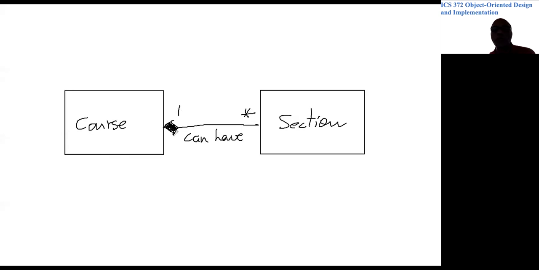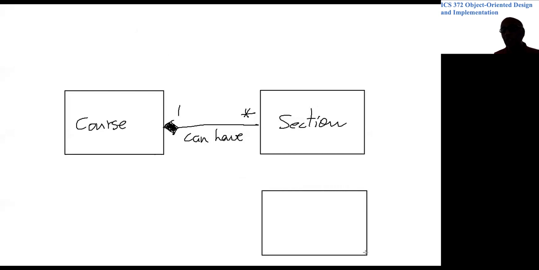There are some places where you can have many-to-many relationships. For example, between books and members of a library. A member can check out multiple books, and the same book could possibly be issued to multiple members if you have multiple copies. Or another example would be between sections and students. Let's draw that here. That is a more obvious example. So if you have a class called Student,